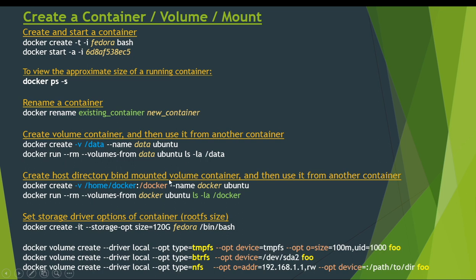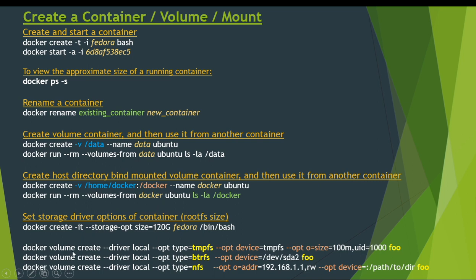And we can also create a host directory bind-mounted volume container. Means we can provide any directory of our Docker host file system, like /home/docker, and then use it from another container. We can also set storage driver options for a container, like --storage-opt and size will be 120.